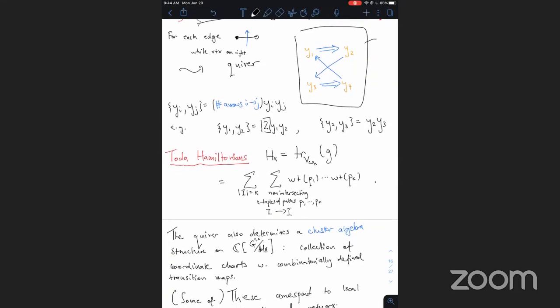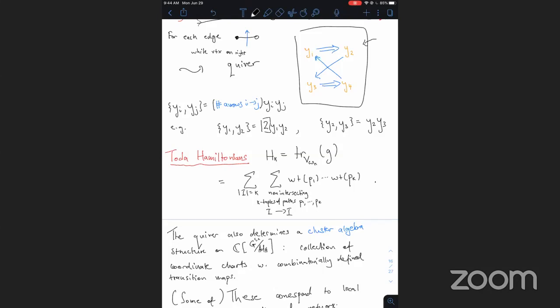So don't worry, I'm not going to inflict upon you any long generalities about cluster algebras, but I just want to point out that this quiver, this directed graph that we obtained by dualizing the original network, we saw that it governed the Poisson structure on the phase space, but it turns out to also play a kind of dual role